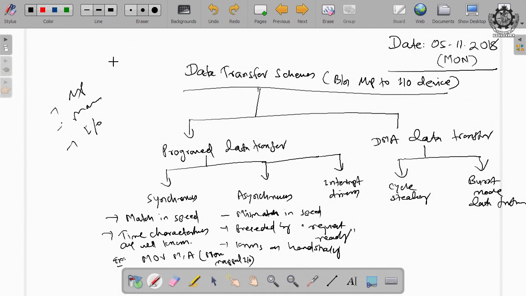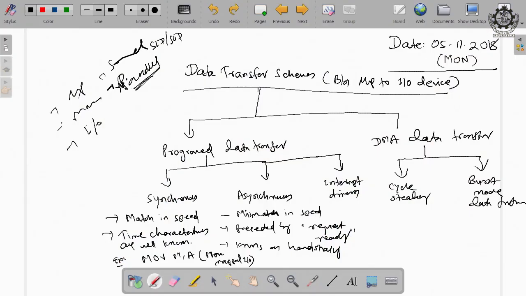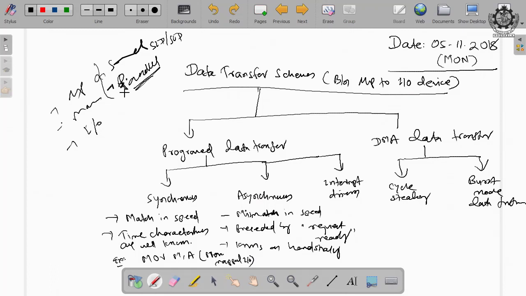One we have already classified before, that is called serial data transfer, and another is called parallel data transfer, isn't it. Serial data transfer is performed by the SID and SOD lines, serial input data and serial output data lines, which are directly available in the 8085 microprocessor. For parallel data transfer, we can make use of the 8-bit data bus to transfer data directly from the microprocessor to either memory or I/O devices and vice versa, right. So, these are the two ways we can classify the data transfer schemes.